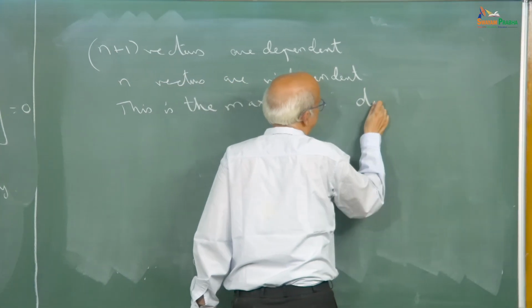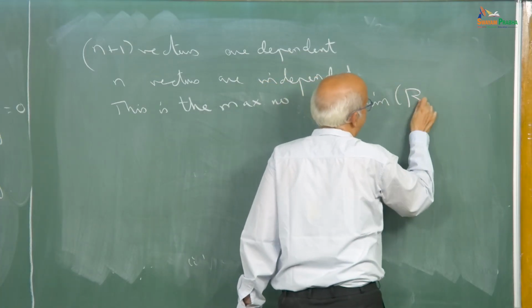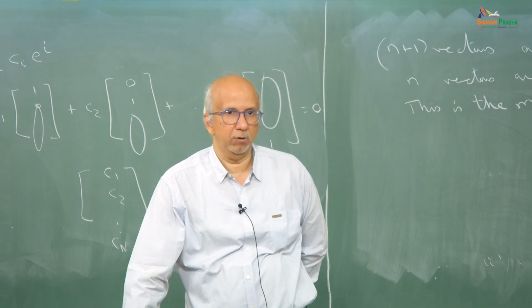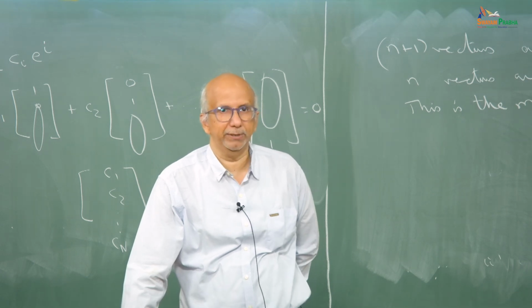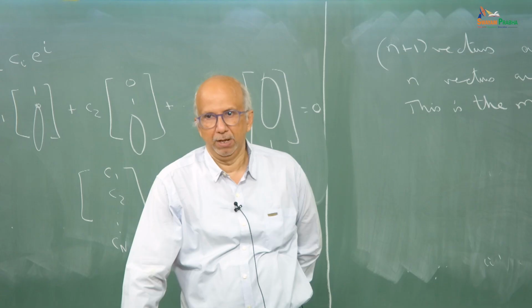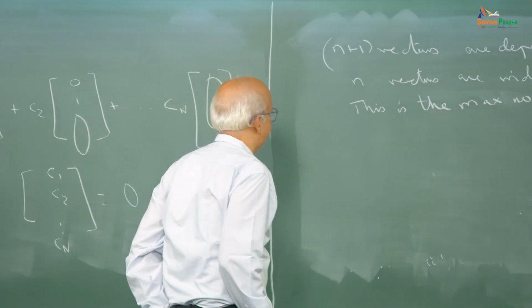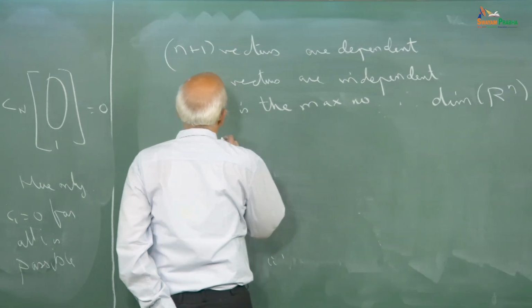Therefore, the dimension of Rn equals n. So, this is how you would formally go about showing that the dimension is n. Okay. I mean, you already knew it, but I am just trying to establish it, but this becomes important because